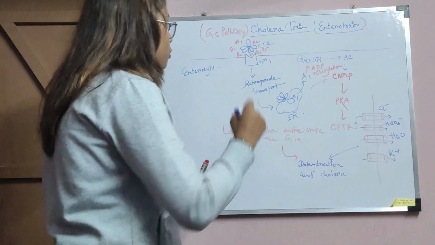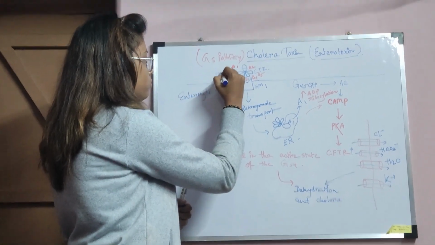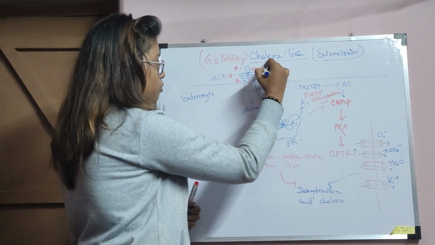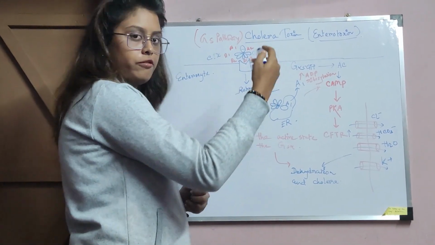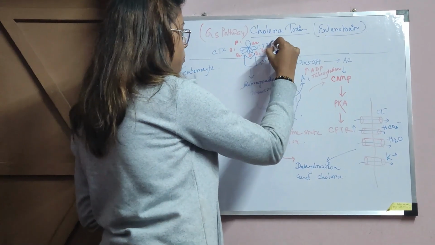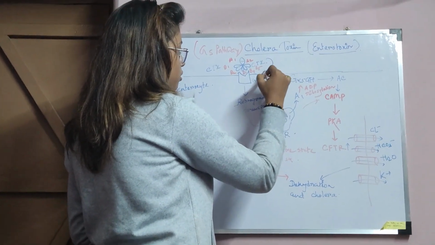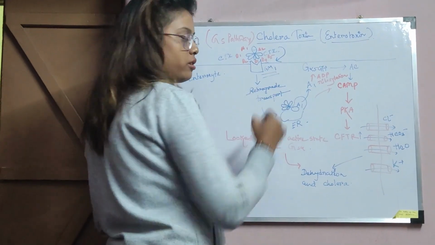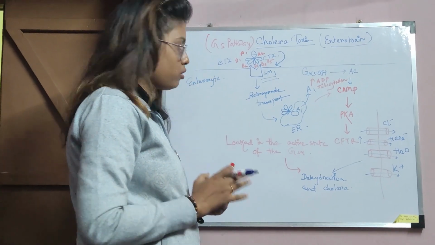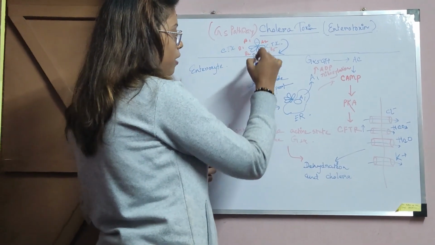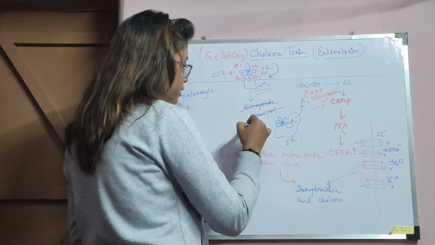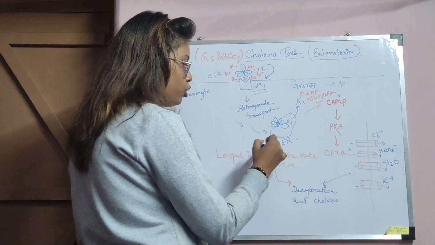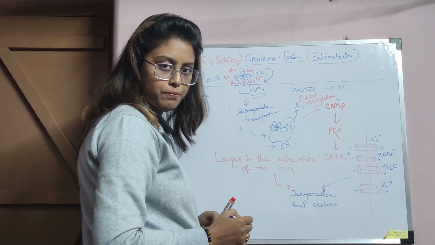This cholera toxin, which is released by the Vibrio cholerae when infected, will bind to its receptor GM1, present on the cell surface of the enterocytes. After binding with the receptor, via retrograde transport, it will go to the endoplasmic reticulum, where